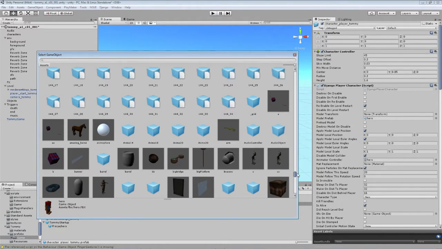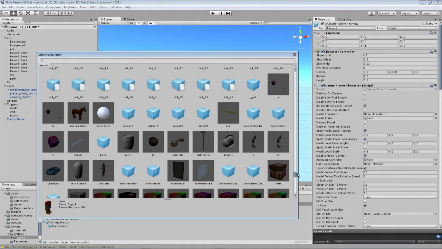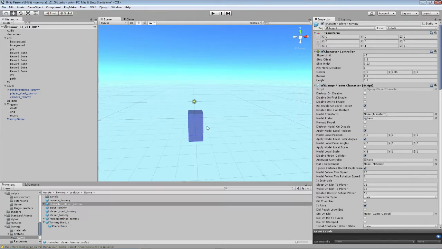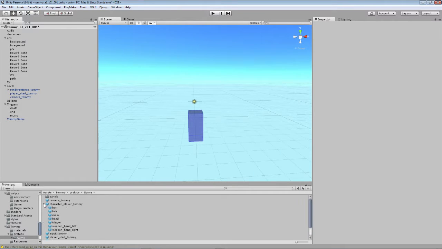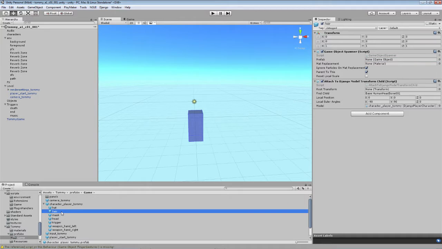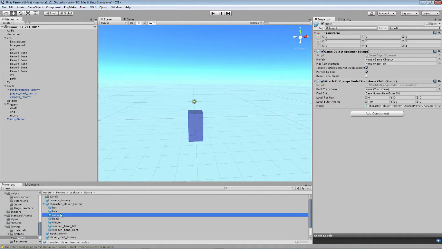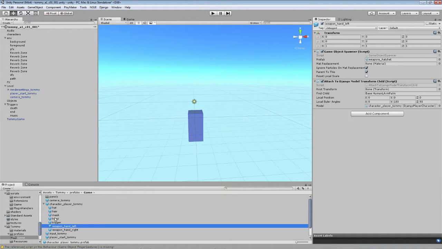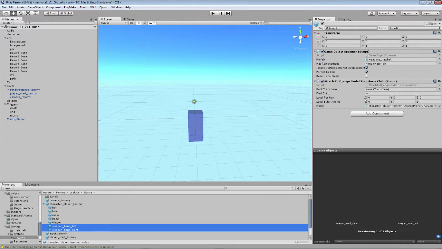But if I just threw a different model on this character, or number one, get rid of the hat because he doesn't have that hat. Okay. The hair, hat, mask, and these weapons, I can't have him using the hatchets as well. So